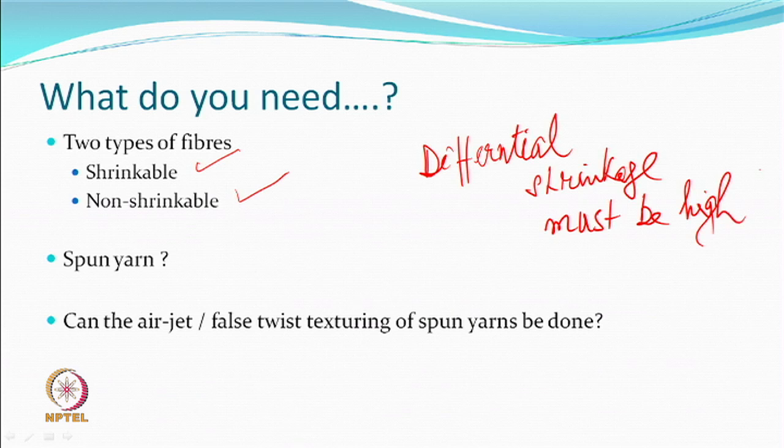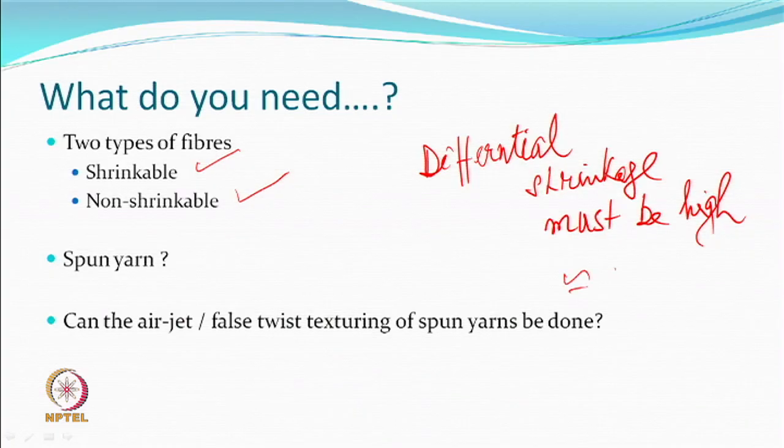Theoretically, if somebody says non-shrinkable, what is the non-shrinkable component? Well, the one which shrinks very little. Calling it zero shrinkage, or non-shrinkable, absolutely may not be the best word to use, but that is how people have been using it. Very, very low shrinkage is what we call a non-shrinkable component. The other one shrinks quite high, and the difference between the two should be high, and should be close to 25% or more.